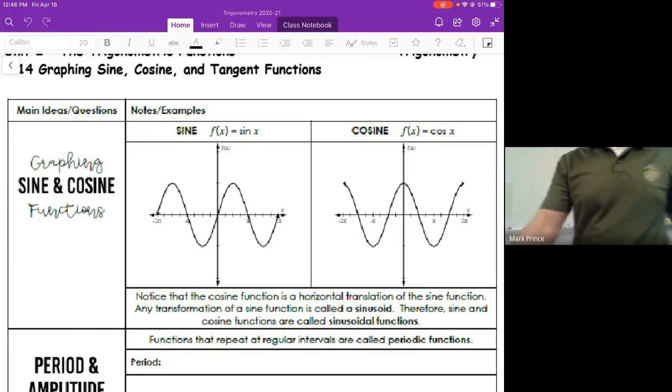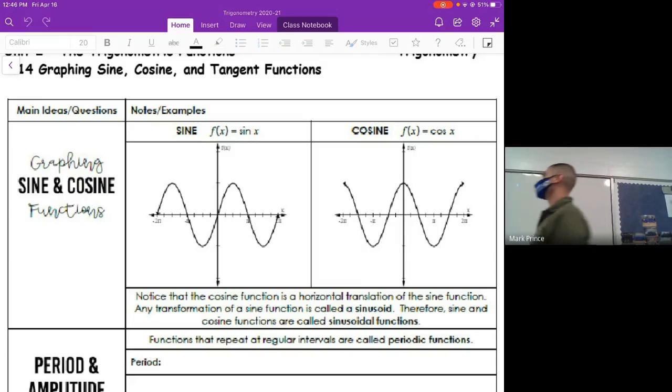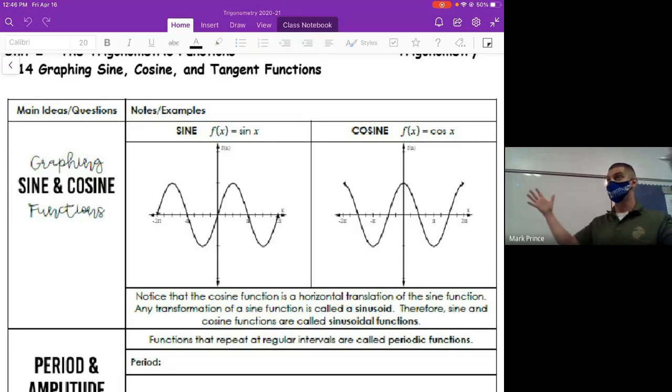We're going to graph sine and cosine functions. All right. So to start, these are called periodic functions. So if you see something like that pop up on an SAT type question, periodic means it repeats. It's called a period that it repeats over. So there's an interval where the graph will repeat itself. So in this one,